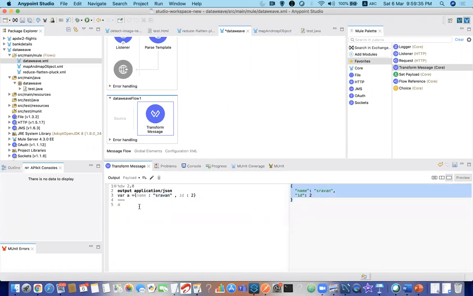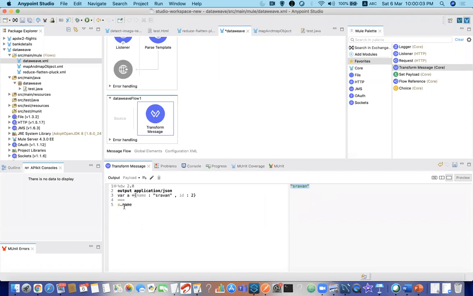Now what is your task? You want to extract the name. So how do we do that in real time? We should write the syntax, right? Whether it is payload dot name or payload of name, I don't know. So I wanted to try it out. First I will do payload of name. Yes, it is working fine. Or a dot name. There are many ways of extracting. It is giving the correct response with no error.